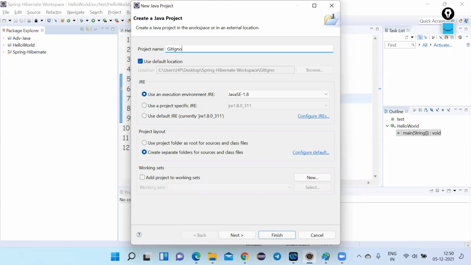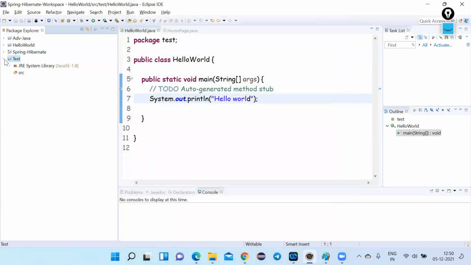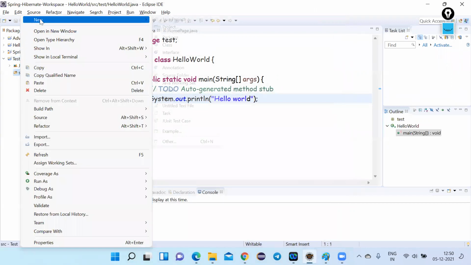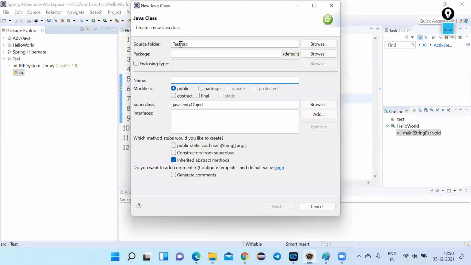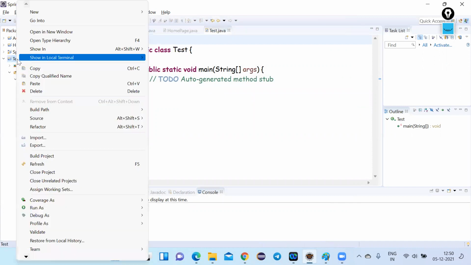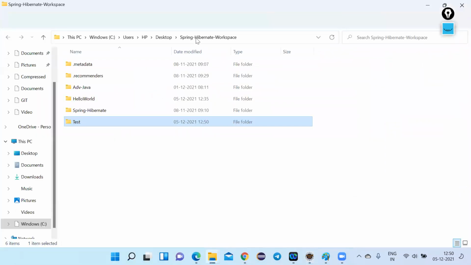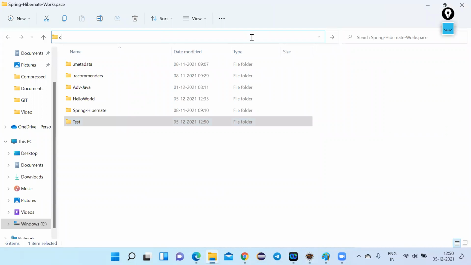Git ignore project. Or we can directly create a test project. Okay. Now let me add some file to this test class. Okay, we added. So what exactly do we need to do? Click here. Show in System Explorer will navigate you to the path directly. On the upper ribbon, type CMD.